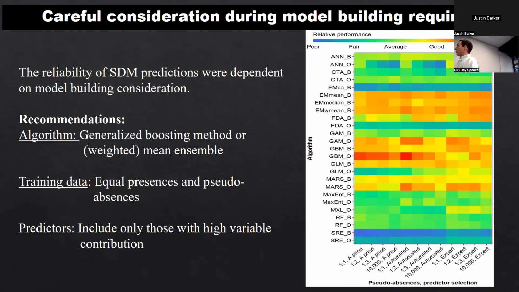So one important thing to note is that all of this work was done in R in comparison to the previous talk, which was done in ArcGIS. So here at Magic,